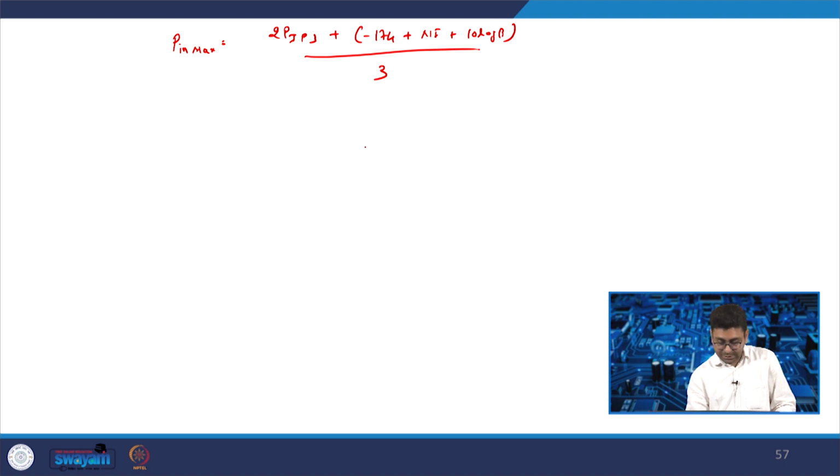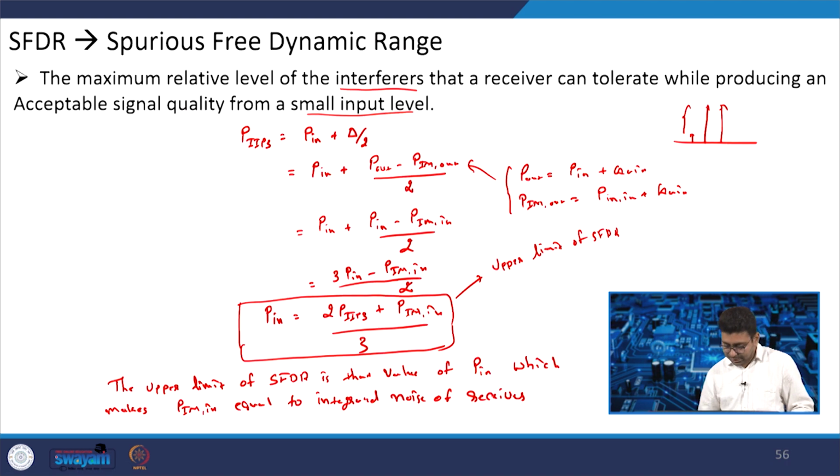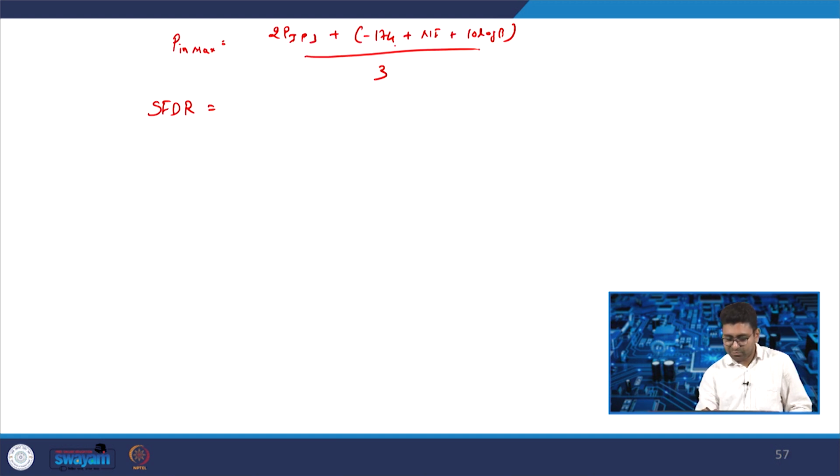So, this is P in max. So, what is the SFDR? In this equation we have replaced P IM in with the minimum signal, that is the sensitivity of the receiver, that is minus 174 plus NF plus 10 log B. So, this is P in max